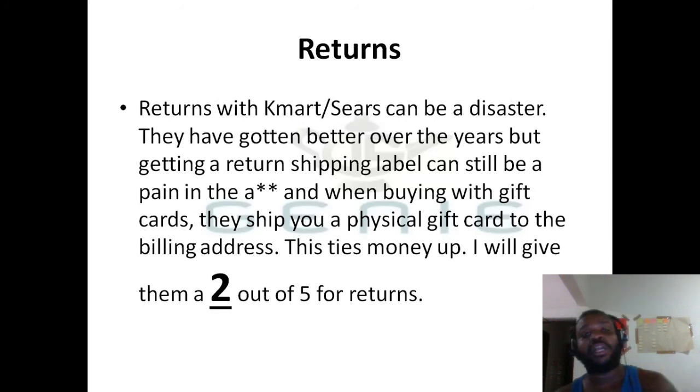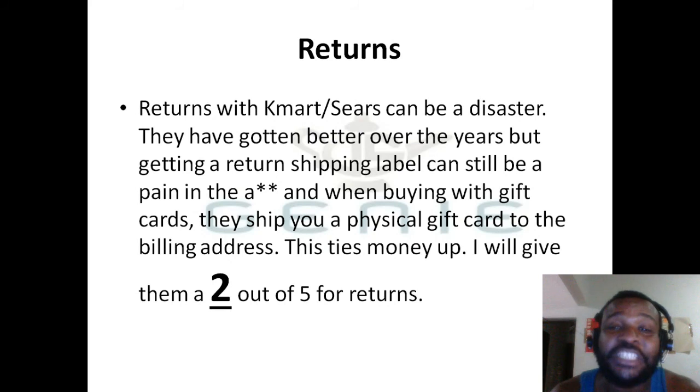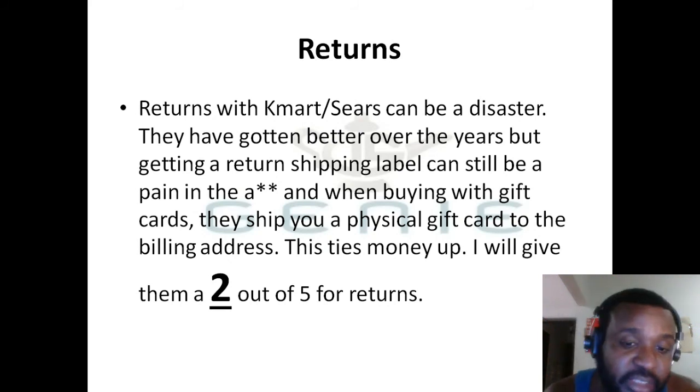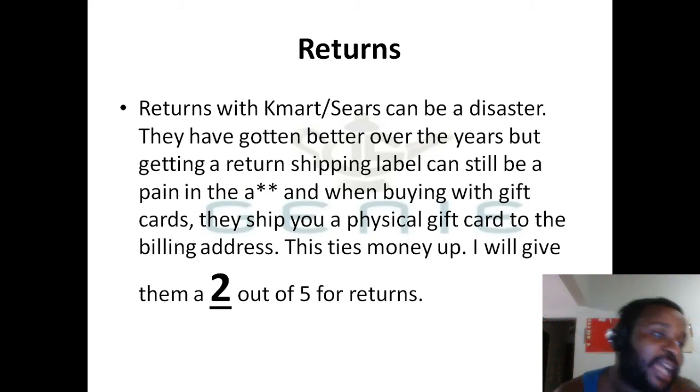Secondly, when you order with gift cards, I use a lot of gift cards to order my stuff. They ship the gift cards when you return an item and you get a refund. They don't refund your gift card. They ship a whole new gift card to the billing address. So it's not as bad as Academy. I'll get to Academy in a little while, but they ship